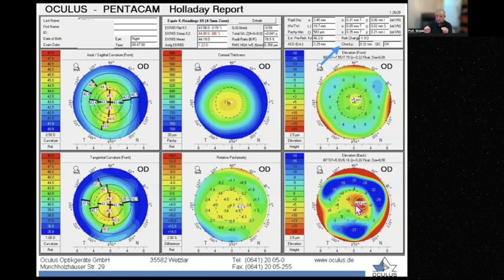Whenever you see something on the posterior surface, even if it is suspicious, don't touch the cornea. This is the rule. Otherwise, you will make a disaster. And I'm talking from my experience, because when I started refractive surgery about 20 years ago, even more, in 2000, so 24,